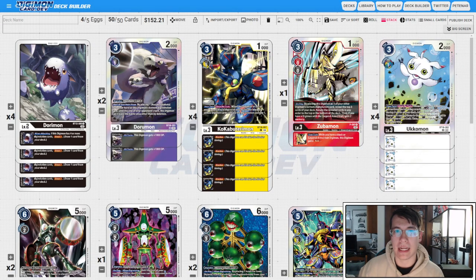My name is Peter, and today we're going to look at a BT2 BlackWarGreymon Deck Profile. That card's alt art is one of my favorites of all time. I've always wanted to make a deck with it, and I feel like with the new Black Hybrid package, it's actually kind of sort of playable. It's definitely still a casual deck, but it doesn't feel bad to play anymore, and it's fun at some lower